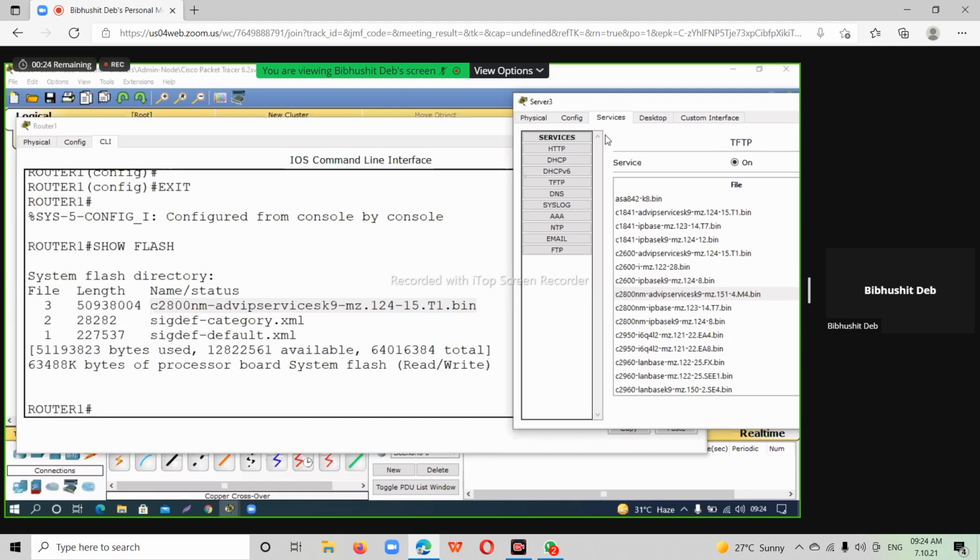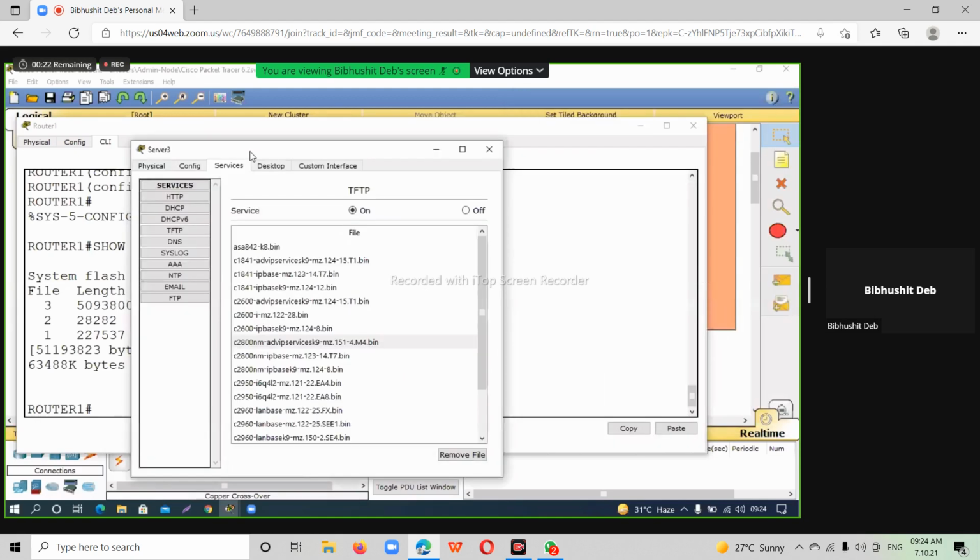So this is what happens when your IOS gets corrupt. Operating system, whenever your Windows is having lots of issues, what you do, you format your system, so the new operating system gets installed. So this is how exactly the formatting works, what we are doing over here. So first of